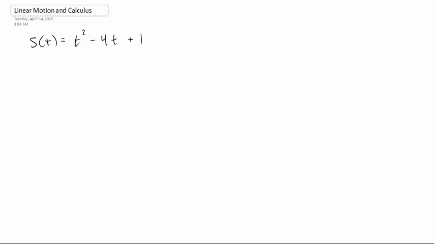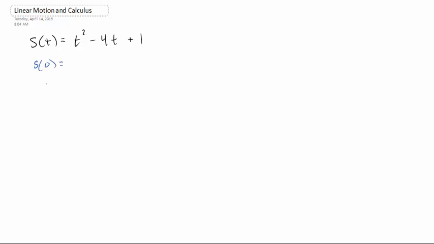We've looked at kinematics in the past when we studied differential calculus, but there's an application of integral calculus in studying the linear motion of objects. So let's revisit our study with derivatives. If we have a position function giving us the position of a particle at any time t being t squared minus 4t plus 1,